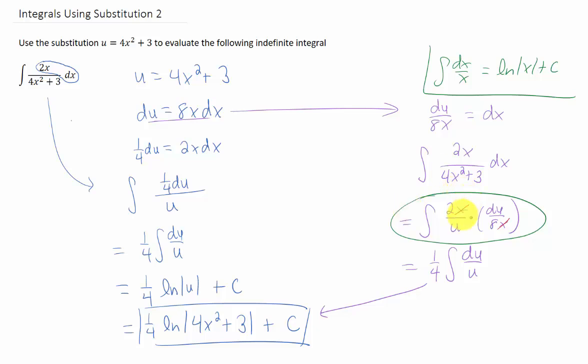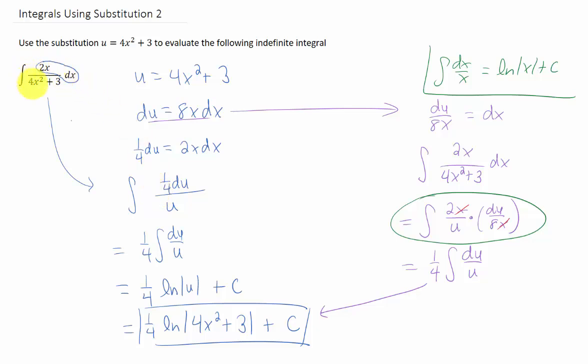Generally speaking, I tend not to use this method because of this step right here. I don't like the fact that there are still x's in our integral here, mixed with the u's. We have the old variable x mixed with the new variable u, and that has a tendency to bother me a little bit. Now, knowing how to do this can sometimes be helpful, but when switching variables in an integral, I like to completely switch all of my variables at once.